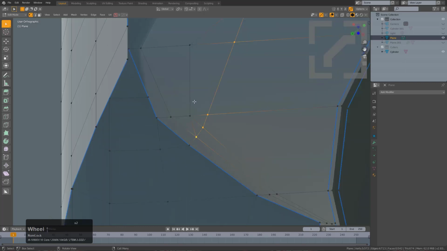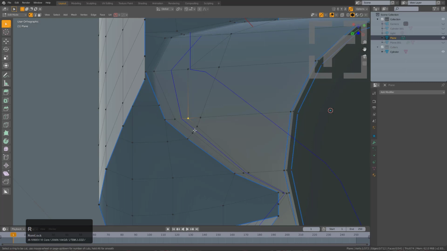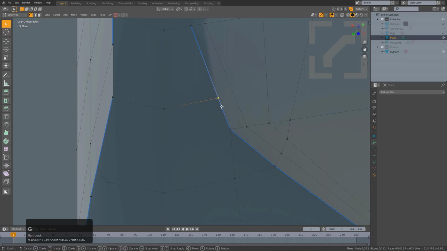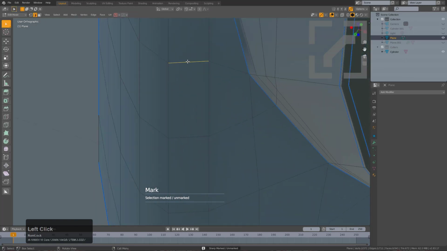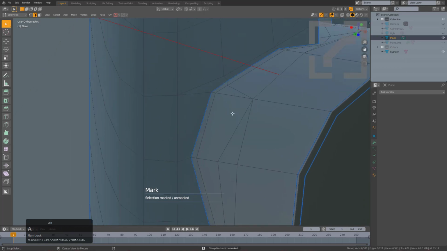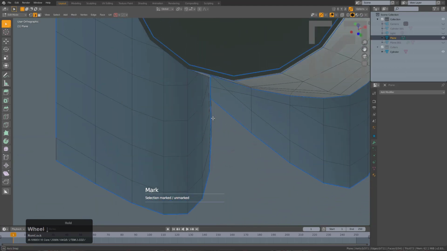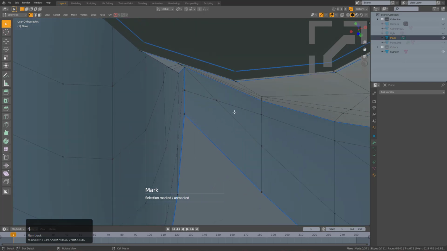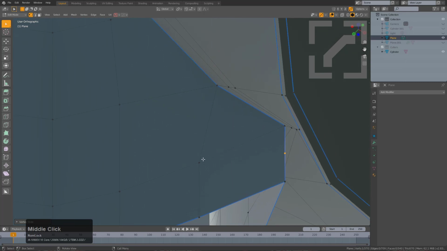So for this one, let's say we really wanted to make that a quad and keep our flow. Well, let's just jump across, mitigate our triangle one more loop over in an area that's less prominent. So we have our loop almost making it all the way there. So it's almost like paving a road through the inner valleys of hell. But I guarantee you we'll make it. In fact, the light at the end of the tunnel is so near. We've almost made it around this perimeter where we can get to the next level, which is the testing process of seeing how good we did with our topological solve, where our view was partially obscured due to some of